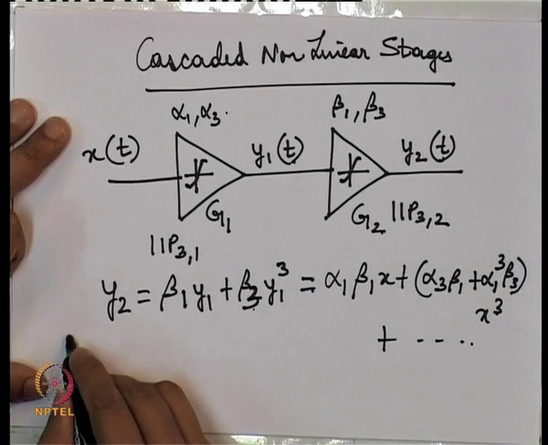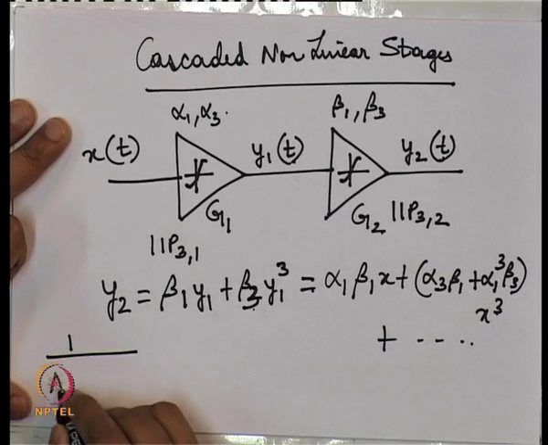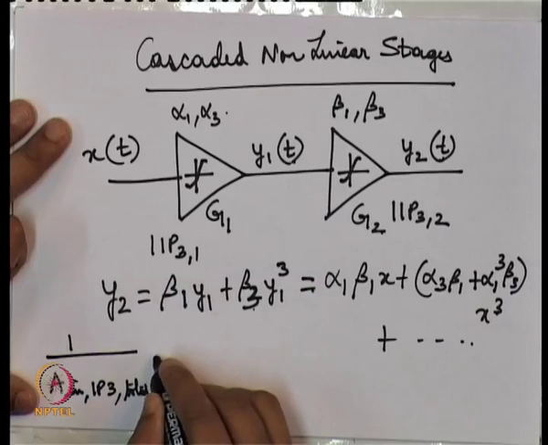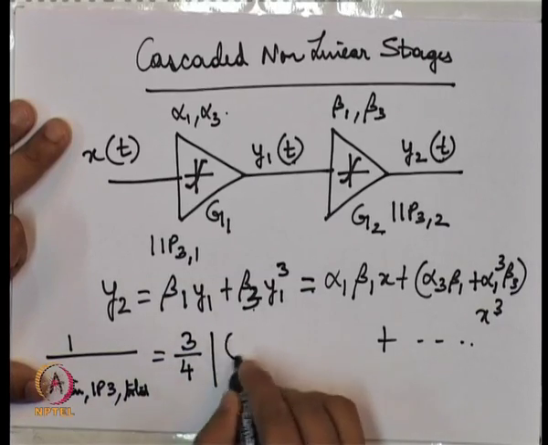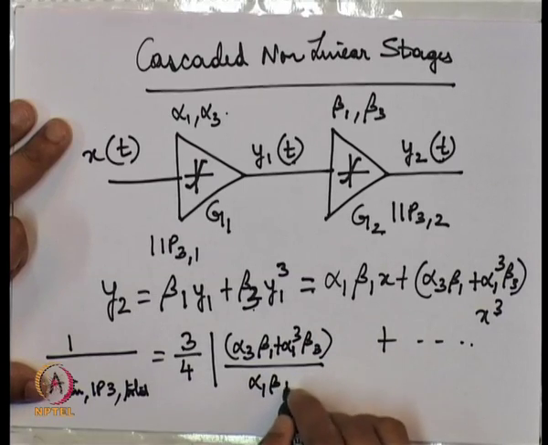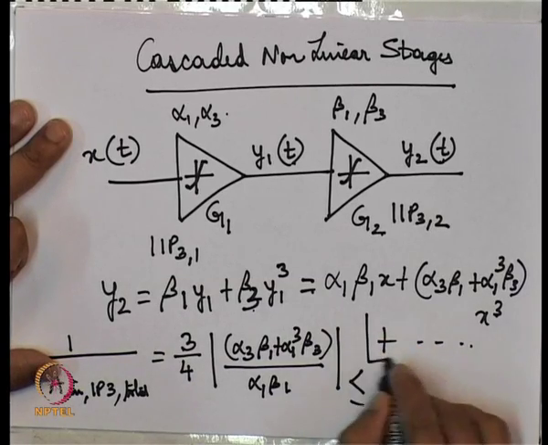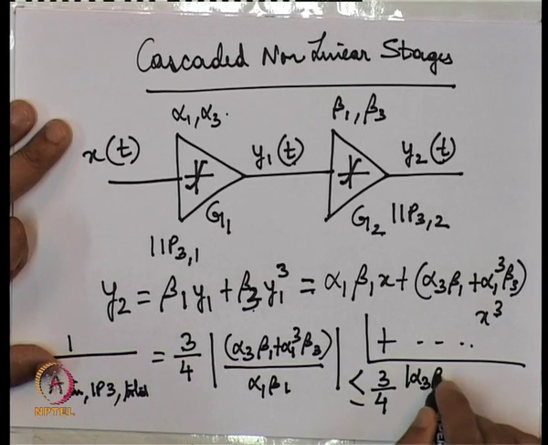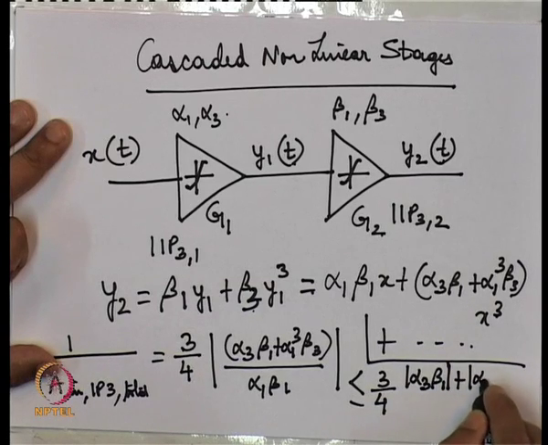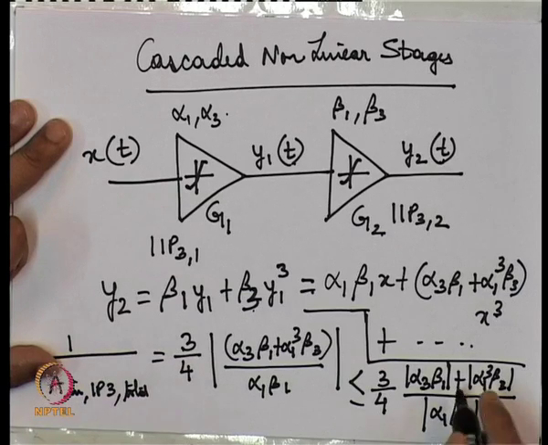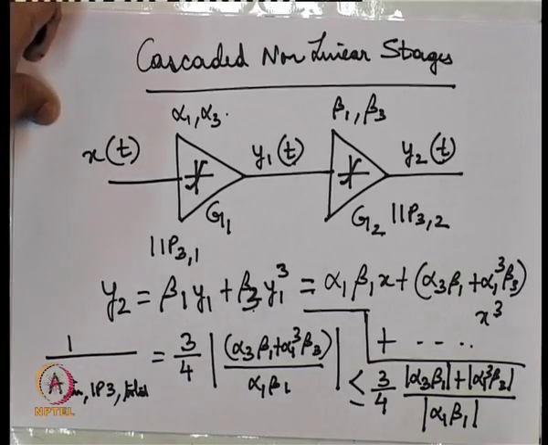And then the total input IP3, suppose A_IP3,total is the total IP3, will be less than or equal to 3/4 times (alpha 3 beta 1 plus alpha 1 cubed beta 3) upon alpha 1 beta 1, and this relationship can simply be written as,